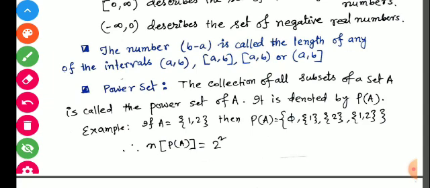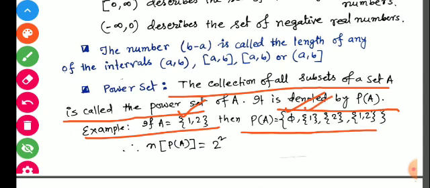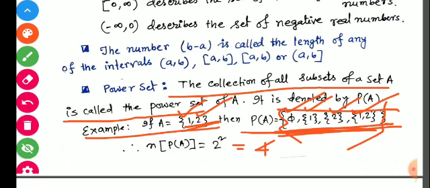So power set is the collection of all subsets of a set, and it is denoted by P of A. Example, here we have two elements. First we have written the null set, then singleton set 1, singleton set 2, then these together, that means the whole set A. All these sets taken in a collection, so the total number of elements is 4. That means the order of this power set is 4.